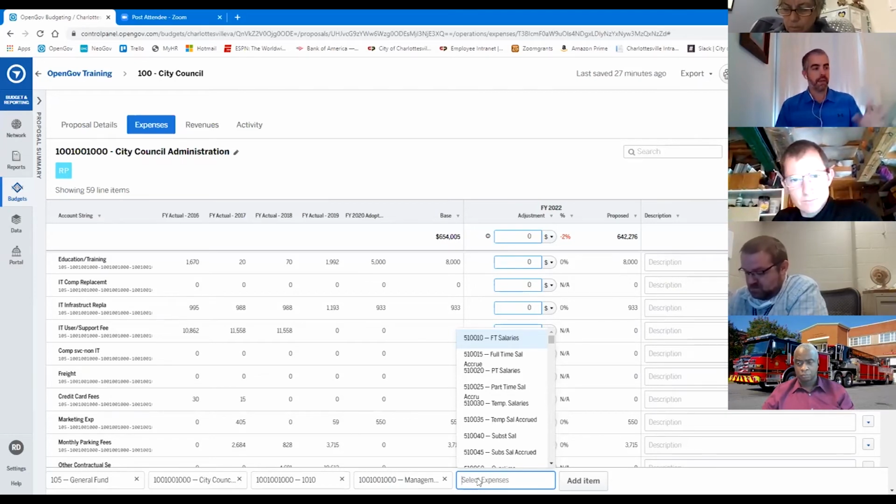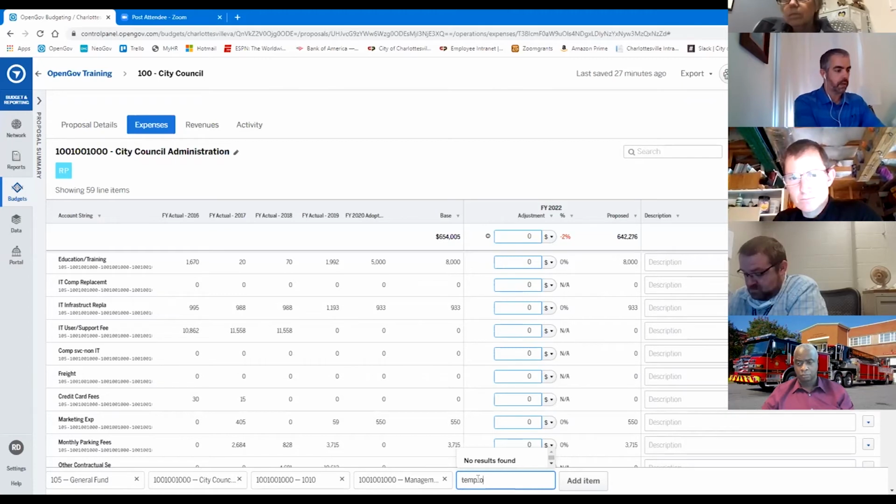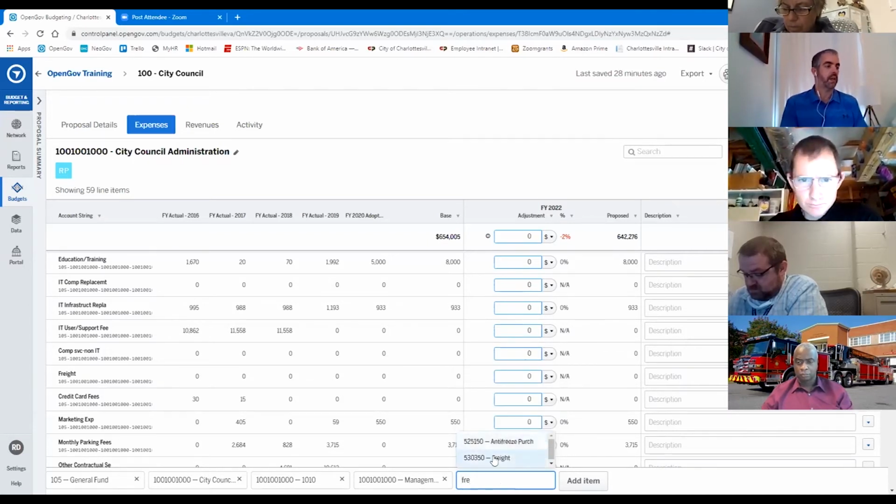And the good thing about this list is you don't have to know what the GL code, what the line item code is. You just have to know what it is, like temporary labor. So if you start typing in the words, it'll let you know. Screen froze. Freight. So as you start typing in the words, it'll find what it matches up with, and then you can click on it. You click, and then you click on add an item,